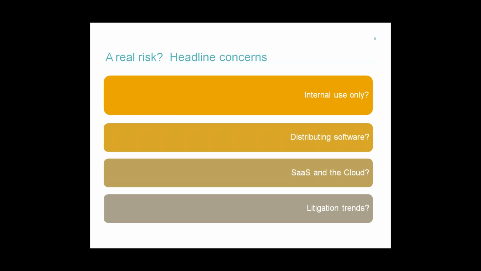If you're using it just internally within your organisation, let's say it's running your internal accounting function, so it's not client-facing, it's not in any of your products that you're distributing or trying to license to clients, then the risks you might face and need to address will be very different to a scenario where you're using open source software in your products that you're licensing to clients. You then trigger this distribution or conveying trigger, which has certain consequences, which I'll come to.